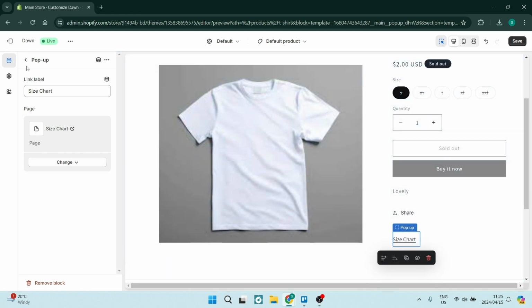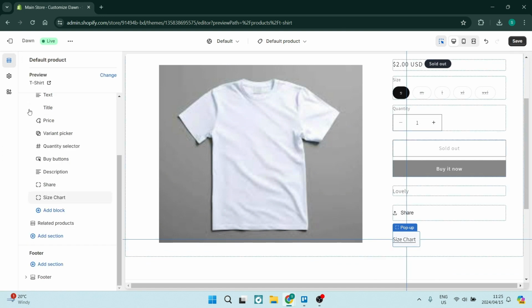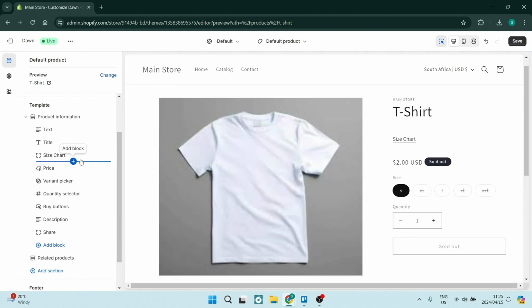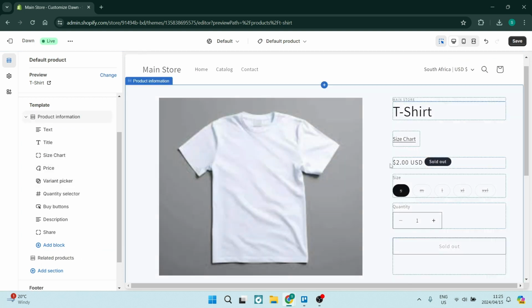Now, the next thing we can do is just use this back arrow, and here is our size chart. And if you put your mouse cursor over those little dots on the left, you can click down and you can move the size chart as to where you want to position it. Okay, let's put it just above our pricing. I think that is a fair place to put it. So as you can see, as you are viewing your product, you can see t-shirt, picture, there's your size chart